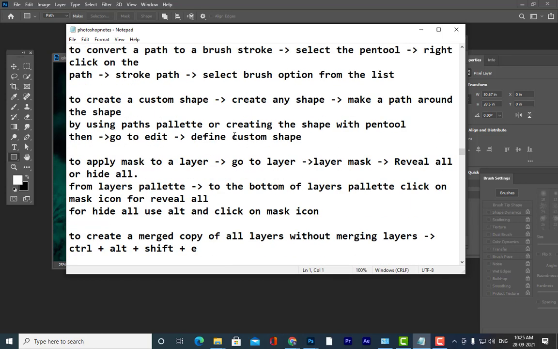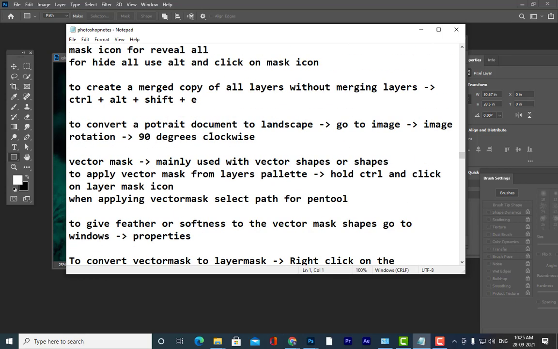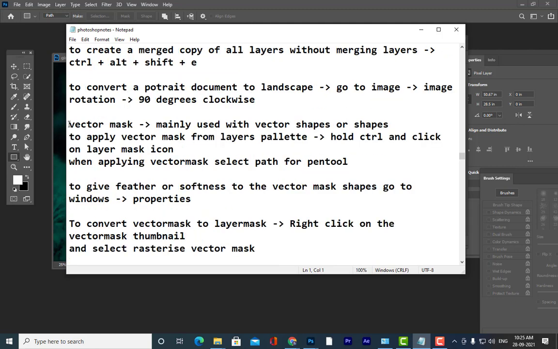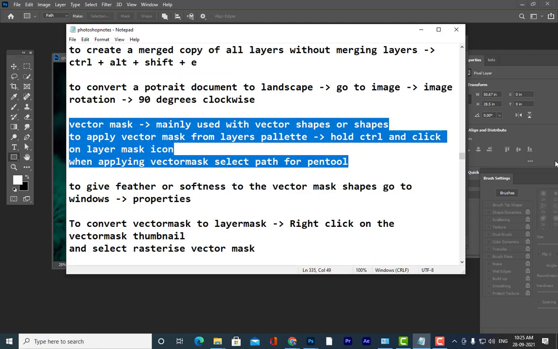So see here, this is vector mask. Just tell me after taking a screenshot of this. Completed, sir.